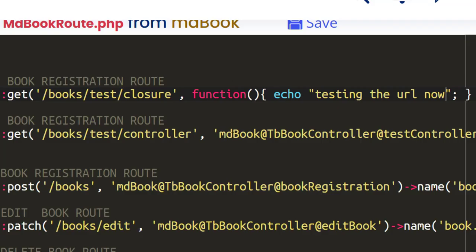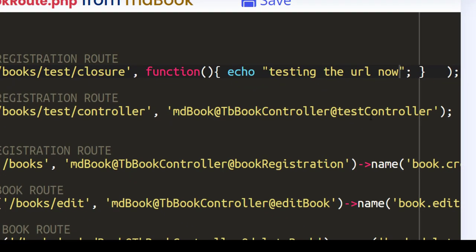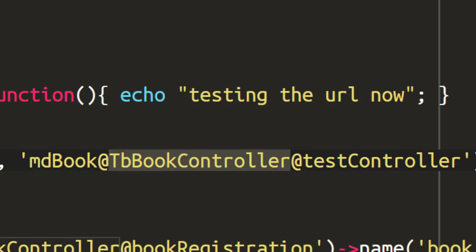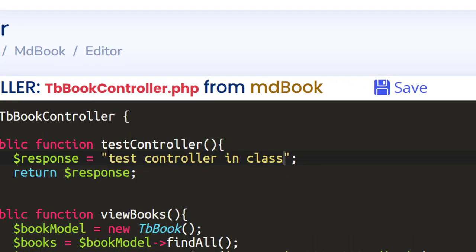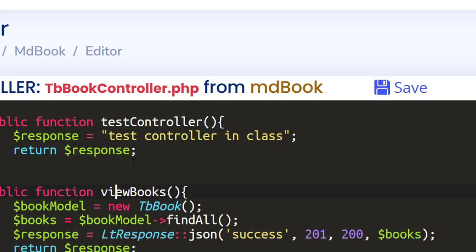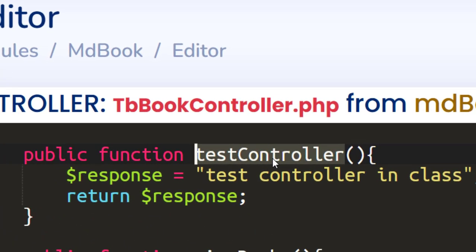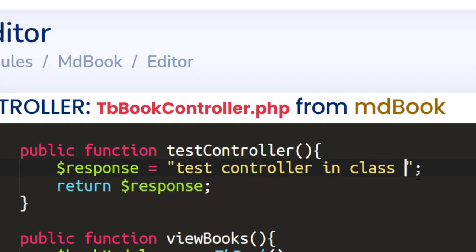The second one is that I need to invoke the controller to get me the response. So it is easier. The dispatcher will go and look at this module name, look at this controller name, and fetch this controller for me. See, this is the controller name, and inside this controller, you see I have a lot of methods here. But it will look at it and fetch this method because this is the method name I asked it to invoke for me. So I can say test controller in the class now,